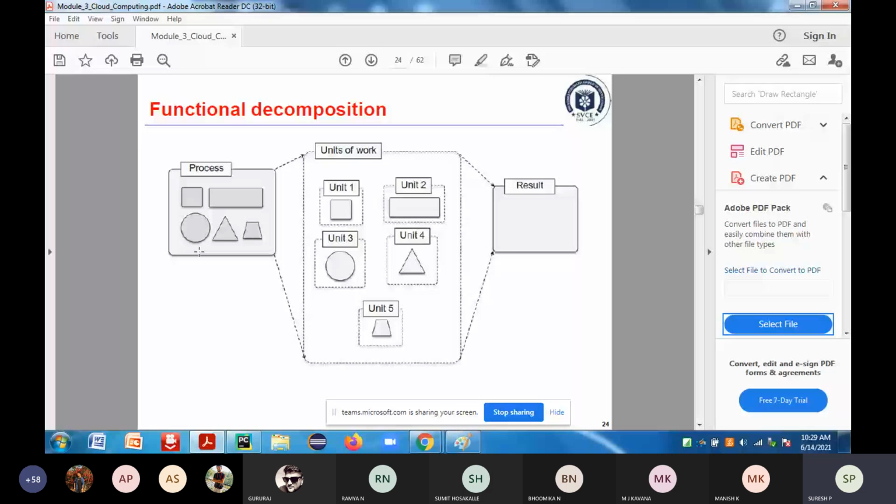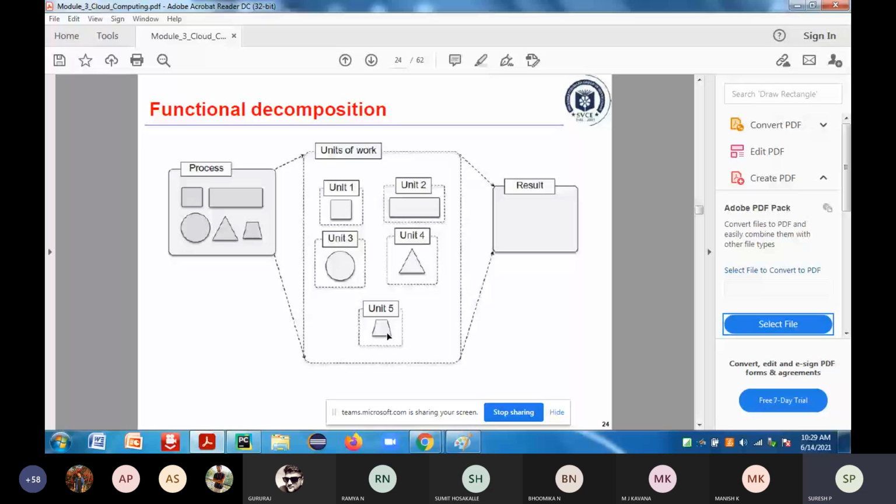Similarly, if you want to calculate the area of the triangle, it is going to be calculated in the triangle part, that is unit 4. Similarly, it is going to have the parallelogram. For the parallelogram, it is going to send the parameters to unit 5. Finally, when you come to the result, they may ask you to find the average of the area of all the different shapes.